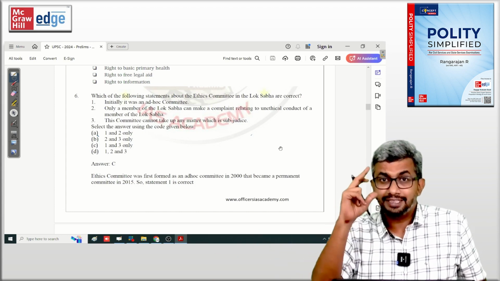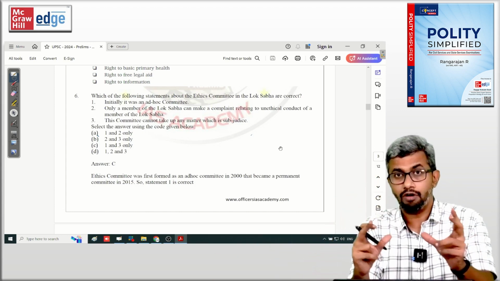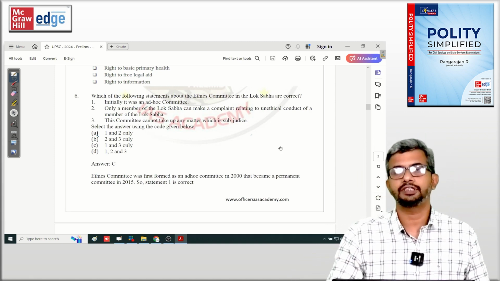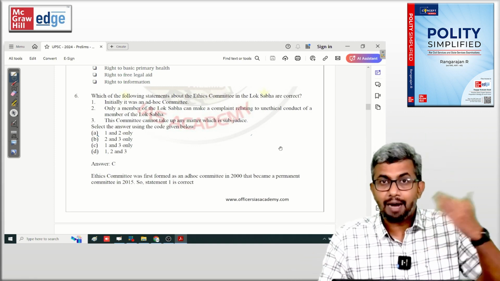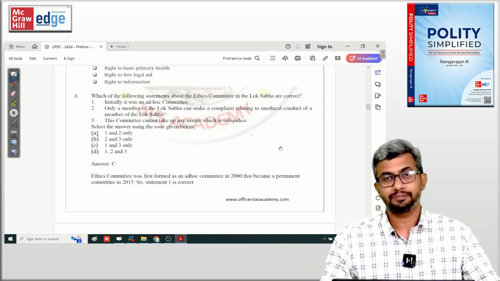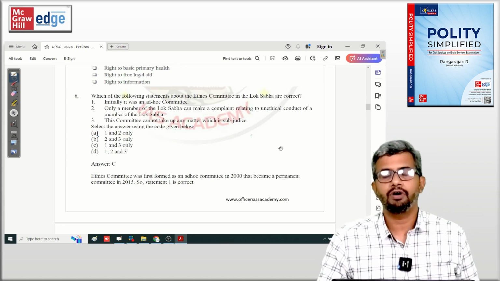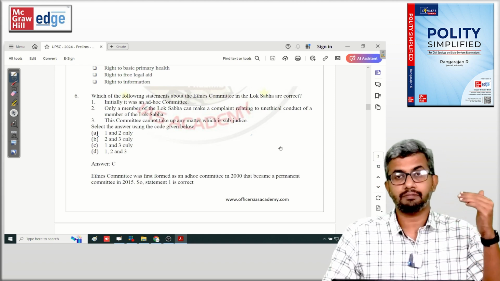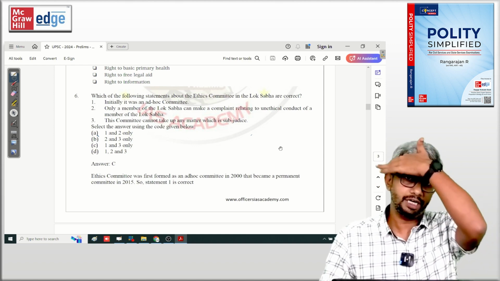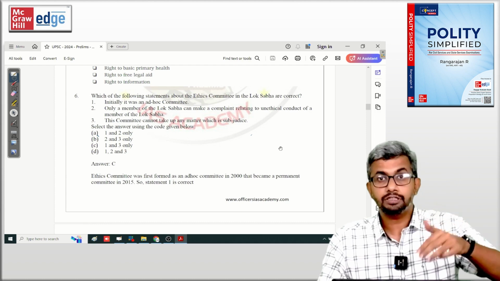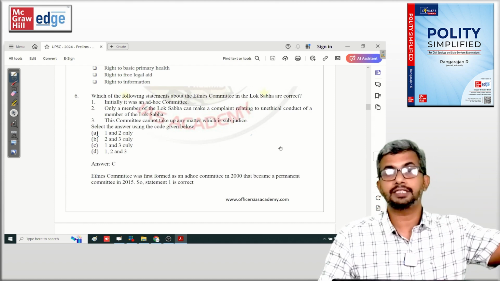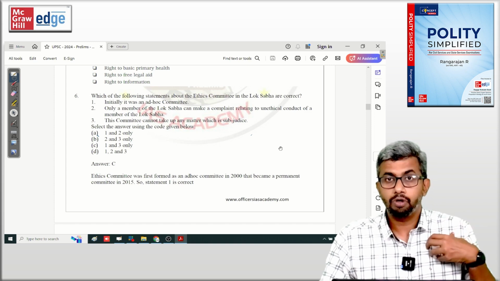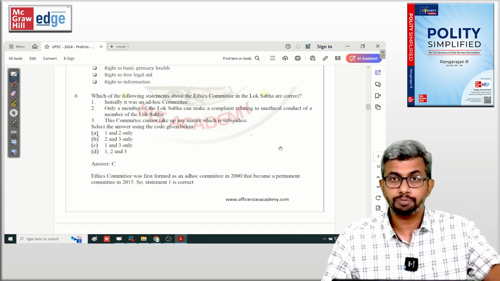But guys, this is the advantage again of the Polity Simplified book, right? Which is also given to everyone in the Officers IAS Academy. The monthly updates are also part of the book, right? And it will be circulated for our aspirants as well. So even if something is not there in the printed book, but something is so important, like for example, other standard books will not have the Women's Reservation Bill. But my book has the Women's Reservation Act because it was printed in October.